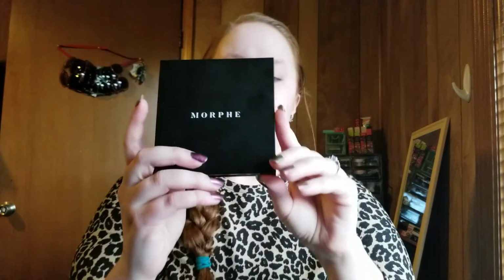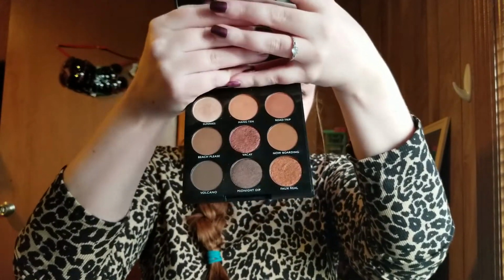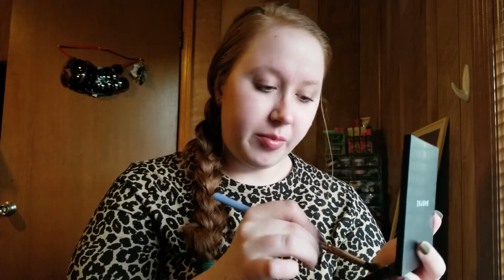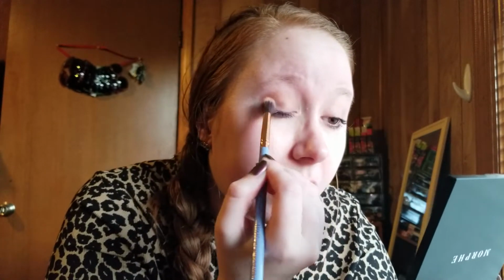And to achieve that, I am using the Morphe 9B Bronzed Babe eyeshadow palette. Now, this palette may not still be a thing with Morphe, but you could very easily recreate these shades using probably any other brand. This is just one of the best warm tone palettes I have for the look that I have in mind. So I'm going to go in first with the shade Hang 10, which is the top warm brown in the middle. It's almost an orange brown, and we're just going to put that all over,